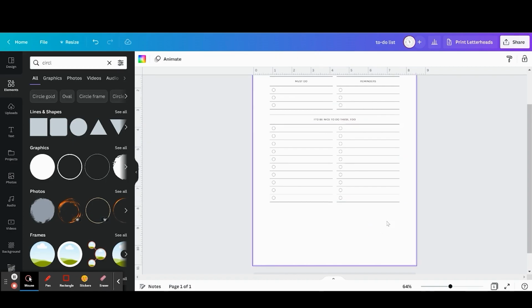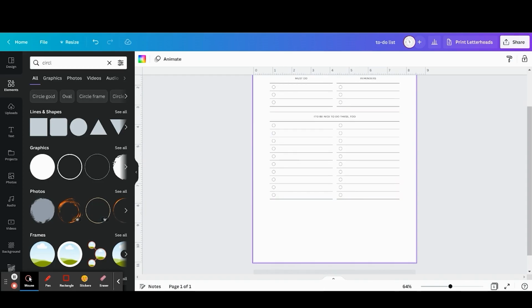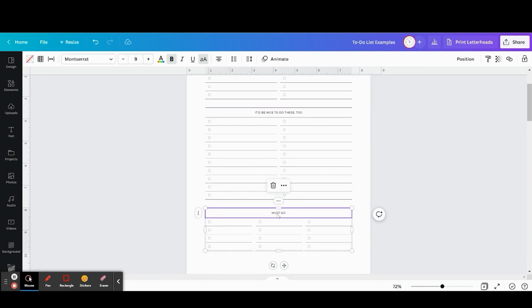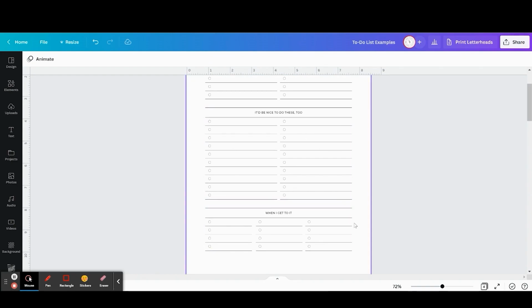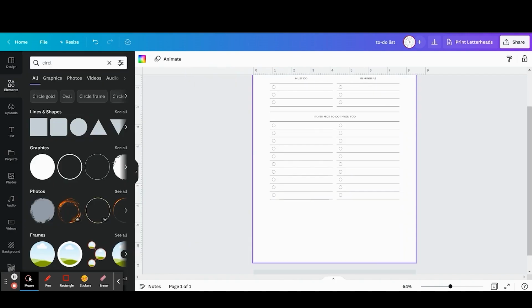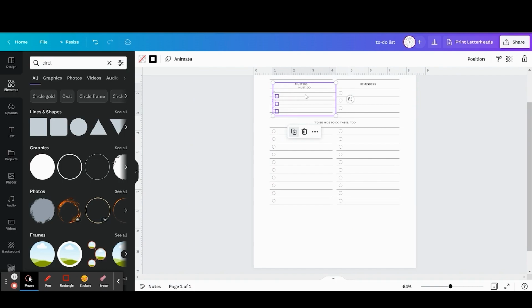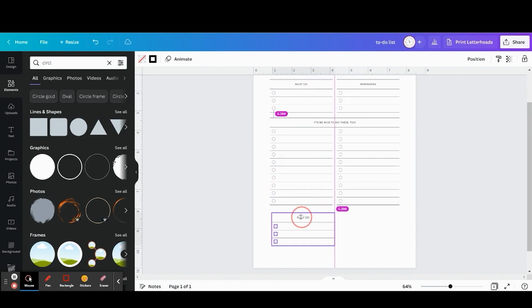Okay, so moving on to the bottom section. So referencing our example, we have this bottom section. This bottom section is similar to this middle section where there are multiple columns, but our header is all one header that spans the width of the page. So similar to this one, we'll go here, duplicate, drag this down